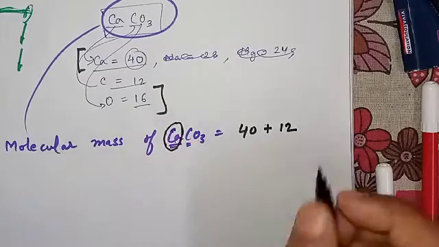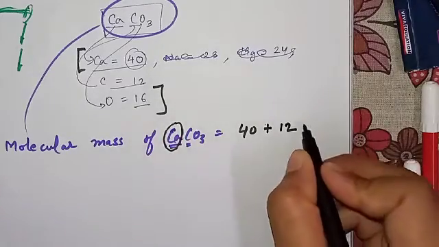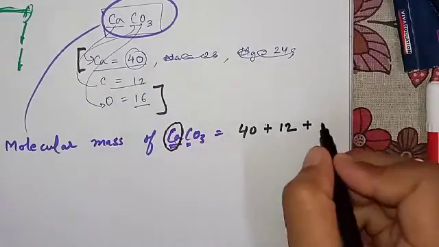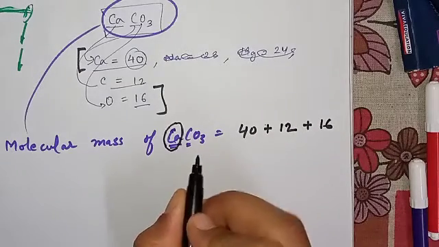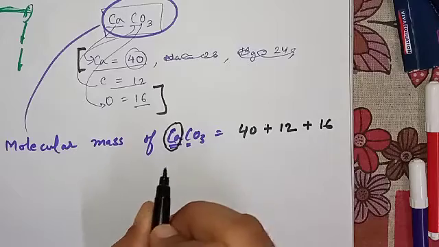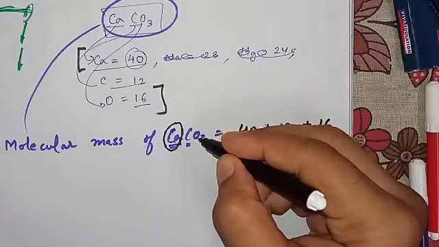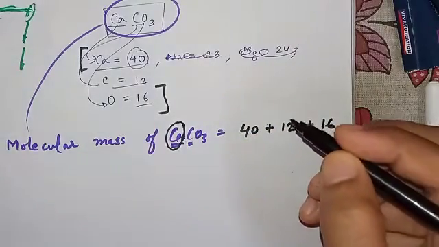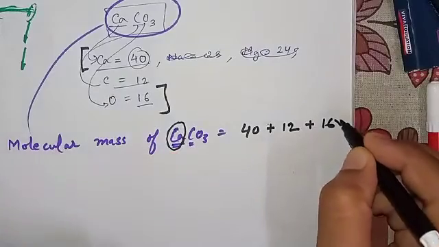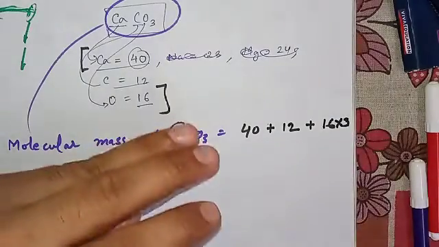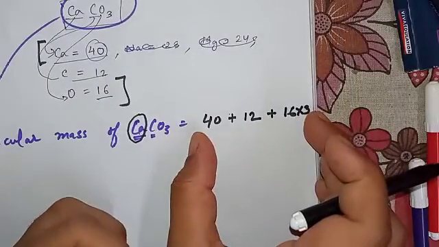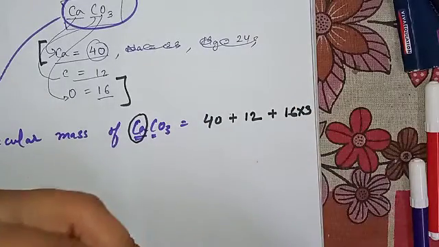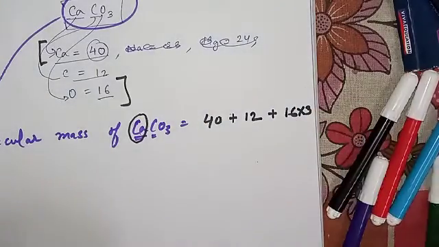Now what's the next element? That's oxygen. When you move to the next element, you have to give a plus sign, and for oxygen, the atomic mass is 16. So we have to put a 16 over here and check whether that symbol has been assigned a digit or not. Yes, you can see that oxygen has been assigned the number 3. That means you have 3 atoms of oxygen in this molecule. So we have to multiply this 16 with 3. Are you getting this? This is the operation which we have to do, that is, we have to solve this simple mathematical expression.